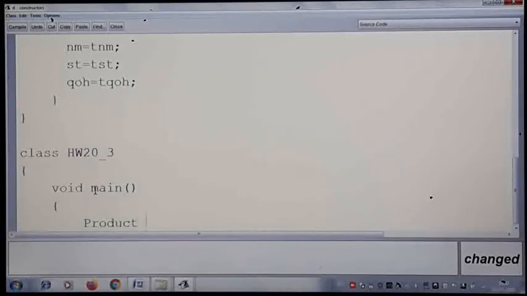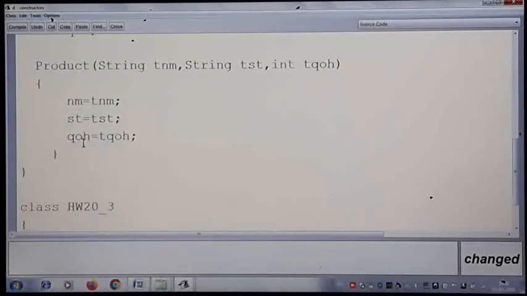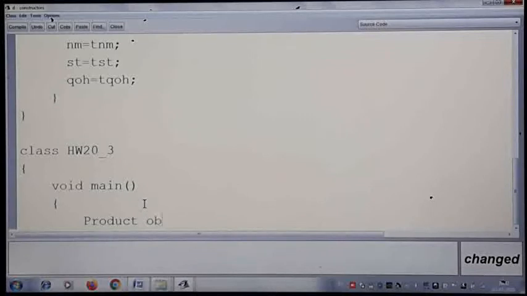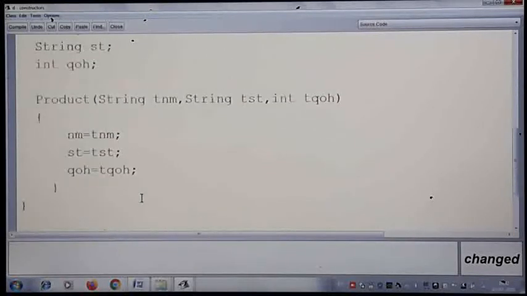As you all understood in today's class, when we write a parameterized constructor, then while creating an object, I have to pass the values for the constructor, because in this line when we are creating an object, the constructor is called, and for a parameterized constructor we have to pass values here. Let me give the product values as given in the question.